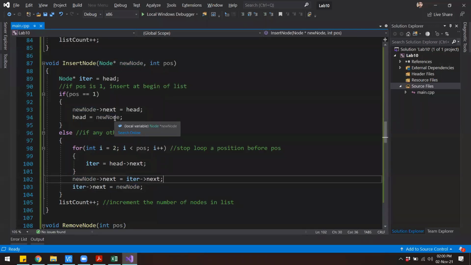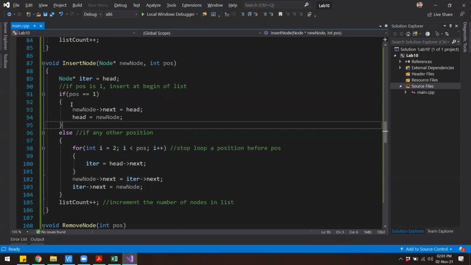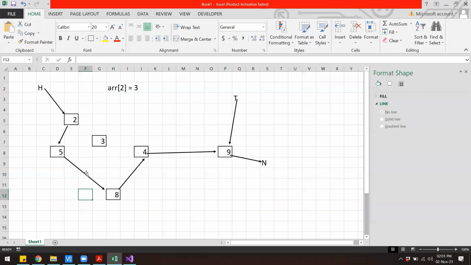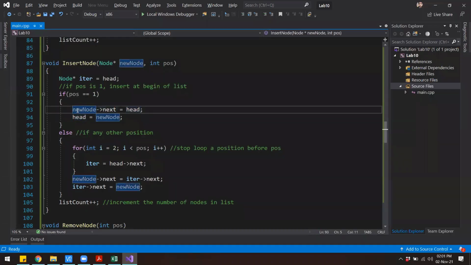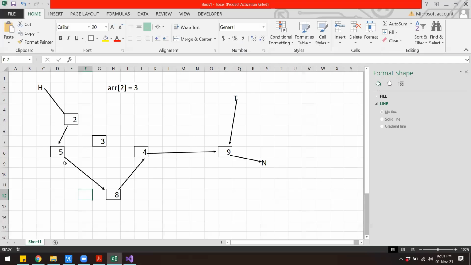So let's see what the code is doing. It says that if the position is 1, then this is what we have to do. So if I want to add to position number 1, that means at the very beginning of the list, then I just have to manipulate some pointers and it will be added. Okay, so before adding to position number 2, let us try to add this 3 to position number 1. Now if I want to add this to 1, then what are the things that I have to do?